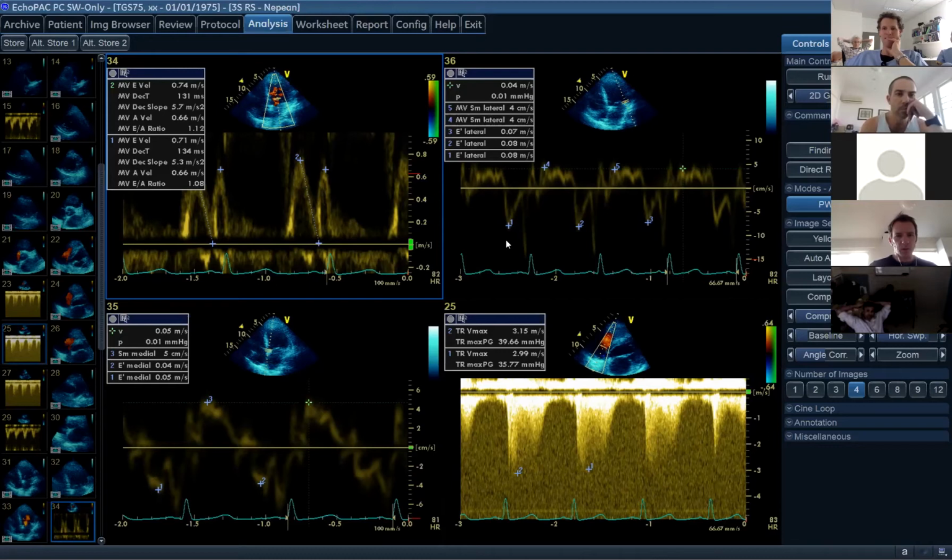I would say so. I mean, yeah, she has three criteria, and the pattern sort of fits it. You could say that. Yeah, I mean, she would need a follow-up study to really judge her diastolic dysfunction, but yeah, very nice. I sort of think she'd be in the moderate diastolic dysfunction category,